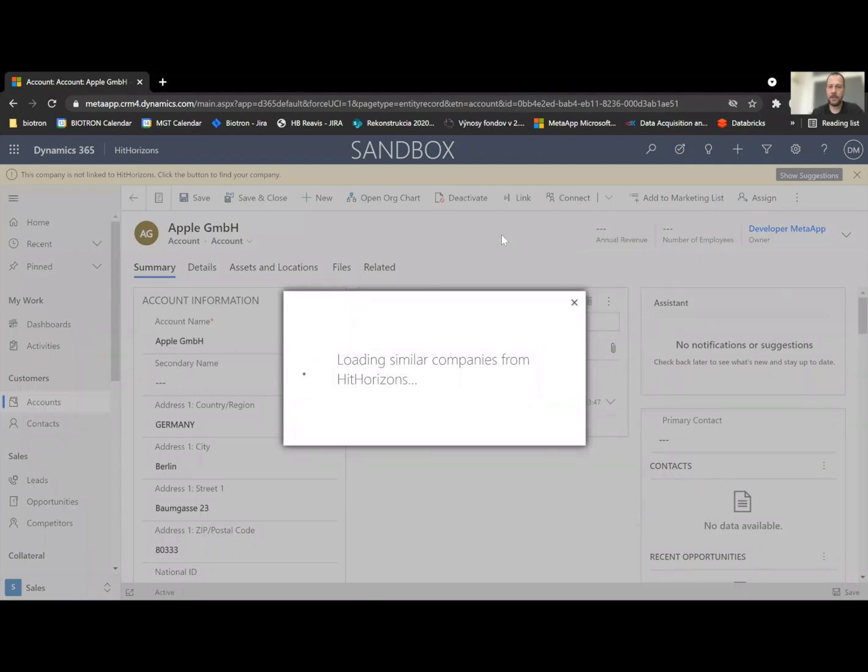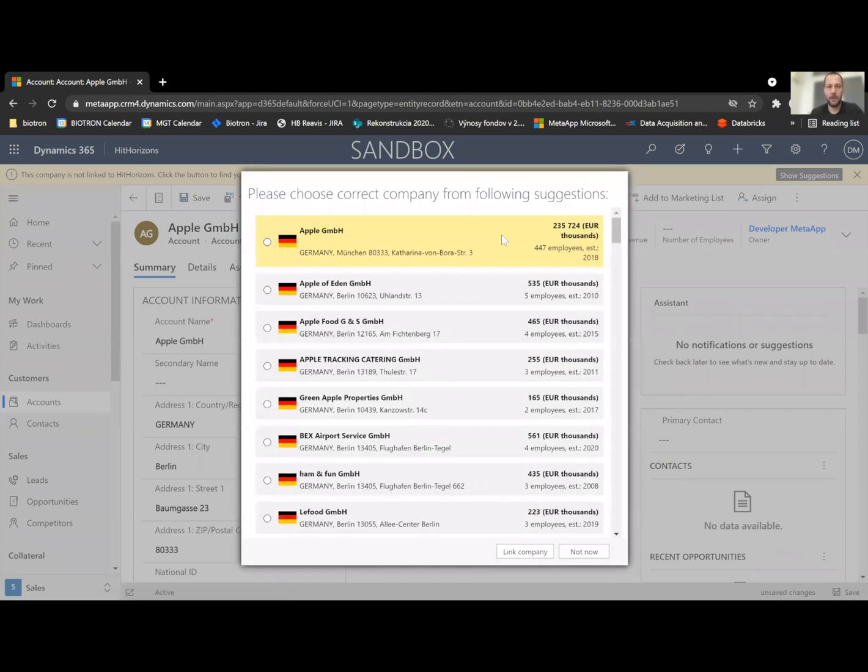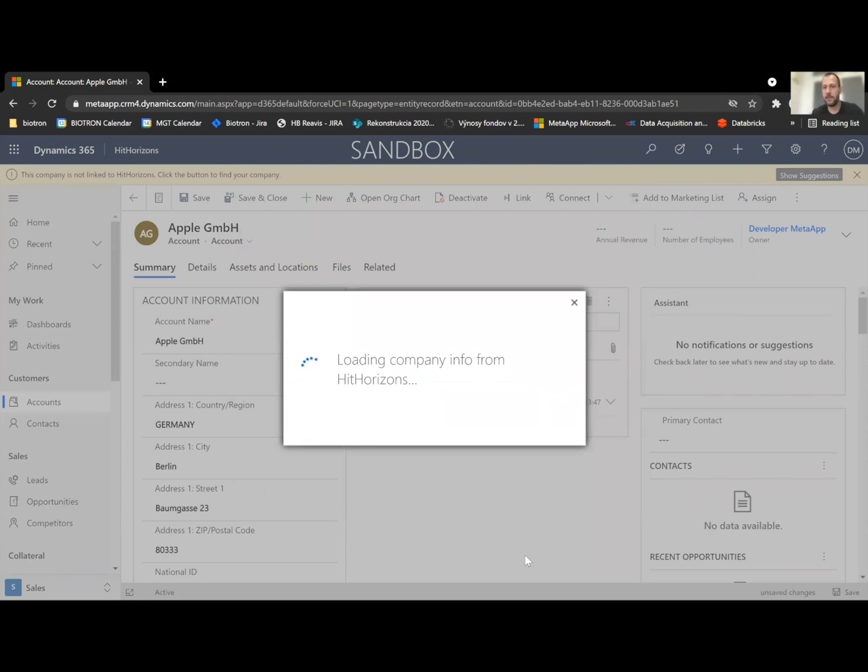Right now we are sending the name and address to HitHorizons to find the most similar companies based on the name and address. So the HitHorizons give you back the suggestions of the company. And it only shows companies from Germany. From Germany, yeah, because it's located in Germany, and Germany was the country in Dynamics. So the first one is Apple in Germany. So I just click this company and press link company, and now the company is linked with the Dynamics, and